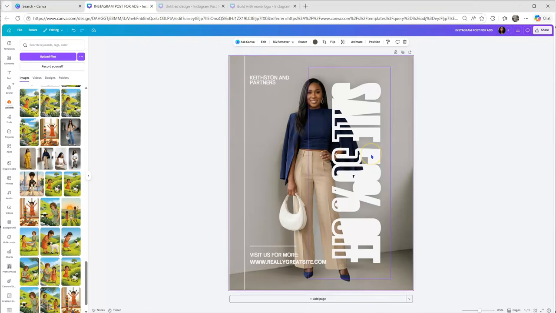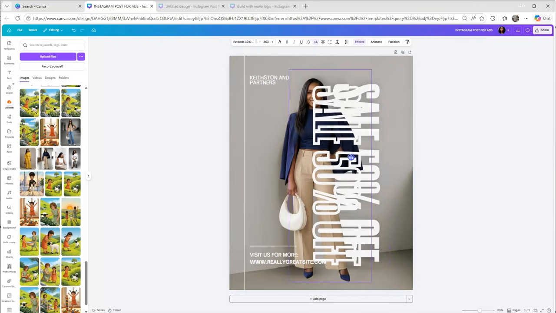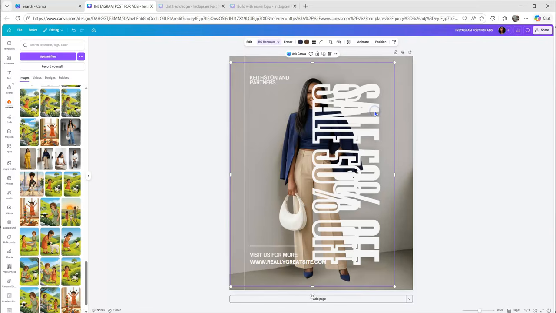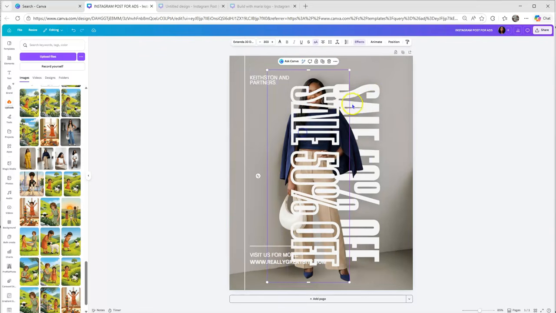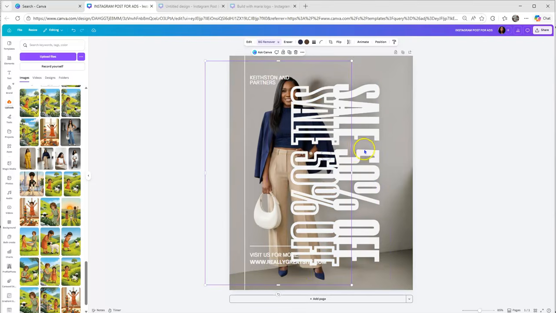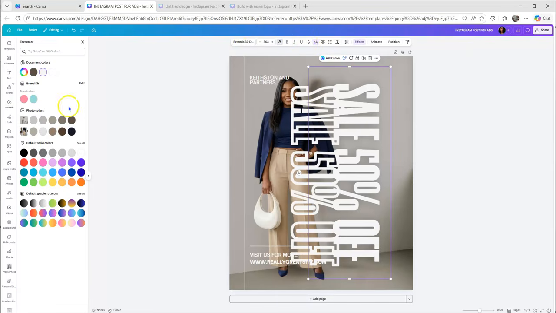So probably we can go and change the second one. Let's change the font color. So I'm leaving the first word and then I'm going to the second word, which is the second sale off, right? I'm going there. If you're having problem, you can always move yourself away. So just move yourself away and then come to it, and then let's change the font color a bit so that it can be a bit